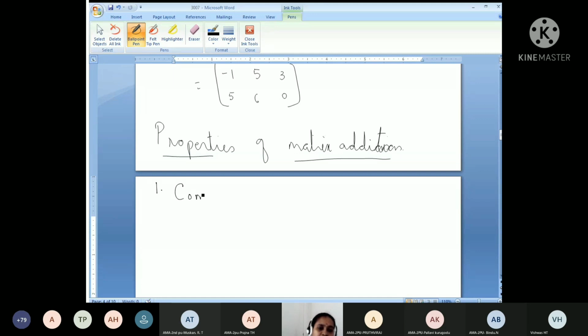First one is the commutative law. I will write commutative law. The property has a big spelling, right? Law and property are both the same; here I will write law. Commutative law is already known to you. In algebra, what do you follow? A plus B is equal to B plus A. Here also it is the same. What we have to say here is, A is equal to Aij